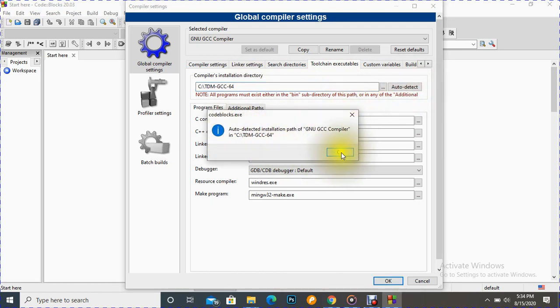So this is how we can resolve the problem of that message, could not detect MinGW compiler, on our Code::Blocks. Now it is ready to start programming on this Code::Blocks IDE.